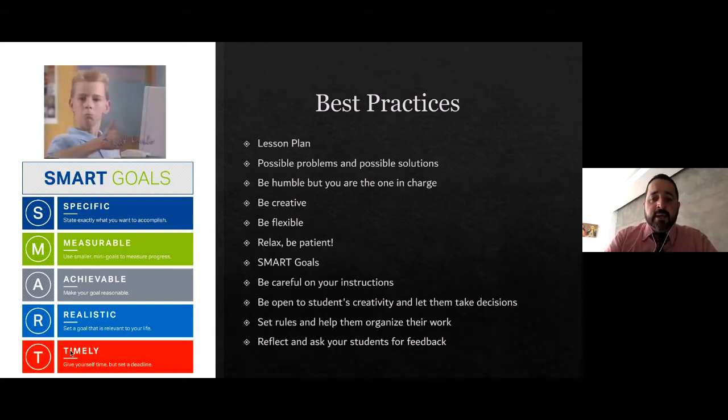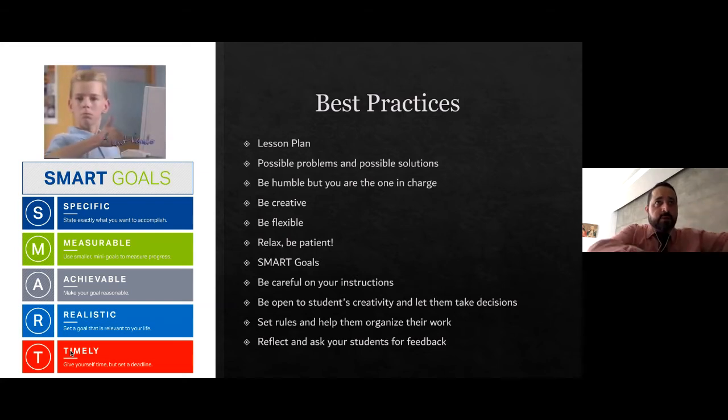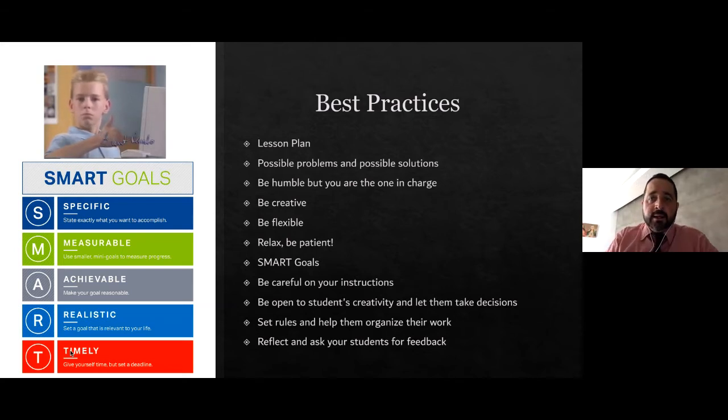That's the idea. Also, be open to students' creativity and let them make decisions. Why? Because sometimes in your lesson plan you have an idea, but suddenly in the classroom, and I have seen that a lot, your students say, teacher, why don't we do this? Teacher, why don't we create a cartoon instead of a video? I have an app so I can create my own cartoon.